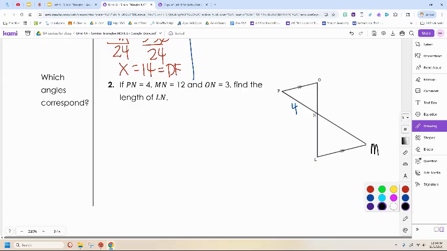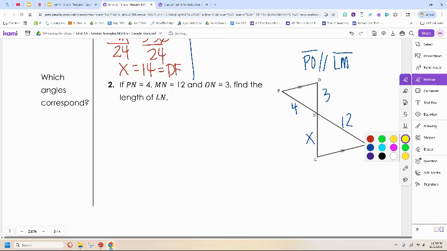Okay, if MN is 12 and ON is 3, find the length of LN. Now, this picture is scarier than the previous one where we had two separate triangles, and they were oriented perfectly with one another. So I'm asking you the question, which angles correspond? Does everybody see the symbols that are on here? That's parallel lines, isn't it? So if we have PO parallel to LM,